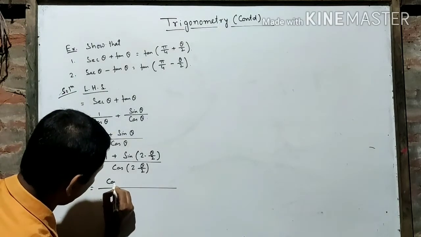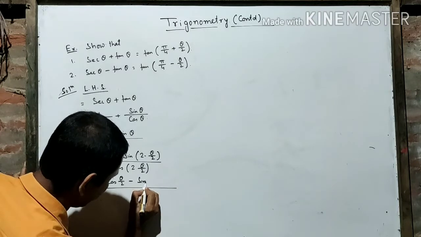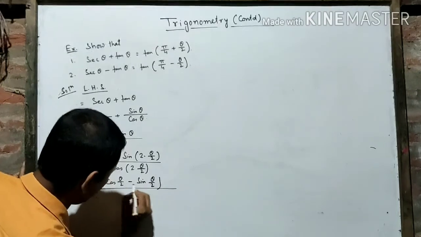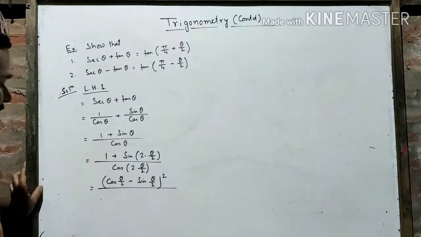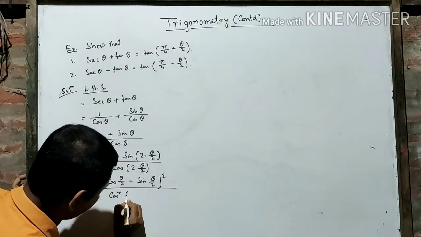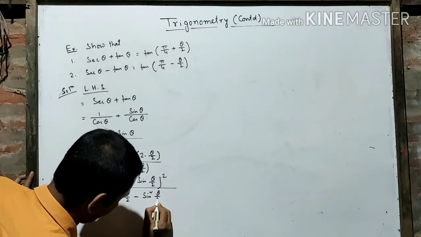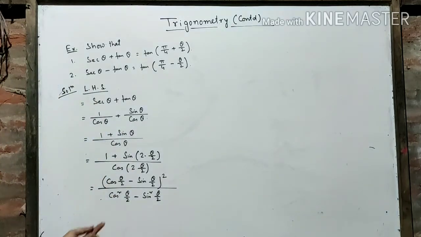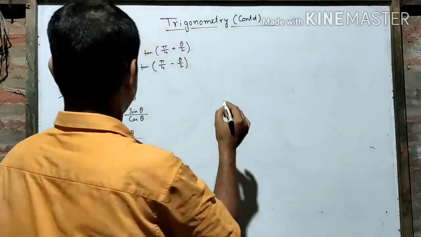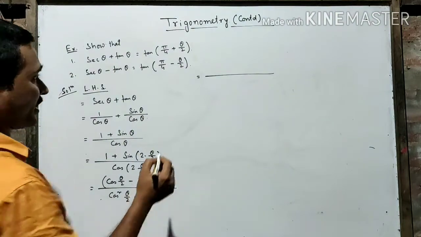So this is cos A, meaning theta by 2, minus sin A, meaning theta by 2, whole square. Right? And cos twice A is cos square A minus sin square A. Right? This is of the form a square minus b square, and we may factorize it. So the numerator is